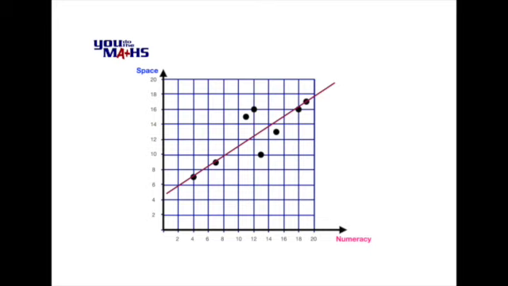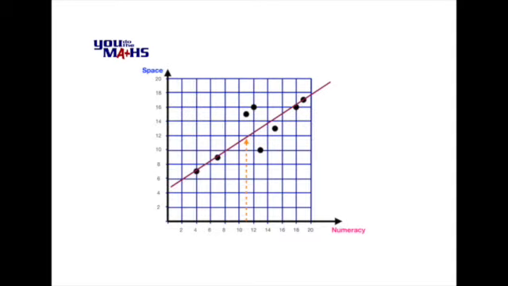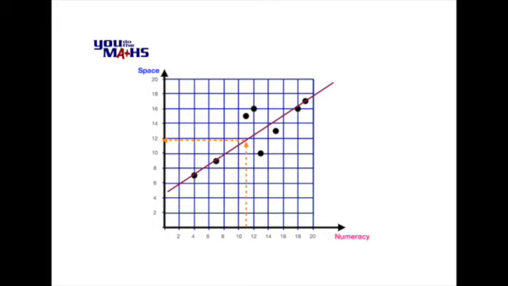And we can say approximately correct because we have an even distribution of points about the line, some above, some below, and some appear to actually fit right on the line. One of the benefits of a line of best fit is it allows us to make predictions. So let's say for argument's sake that a student sat the numeracy test but was absent for the space assessment. Let's say as well they scored 11 in numeracy. So we'd find 11 on the numeracy axis and take a vertical line up to the line of best fit, and then from there take a horizontal line to see where it meets the space axis. And we can see from our graph here that that would allow us to predict approximately that the student would